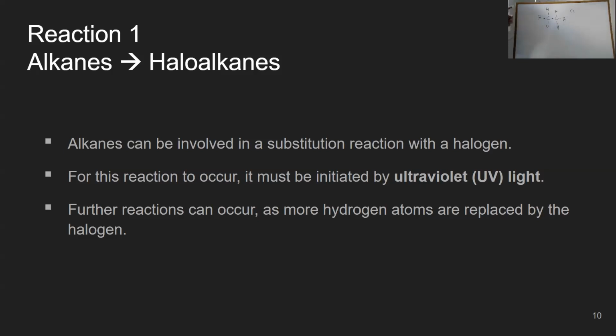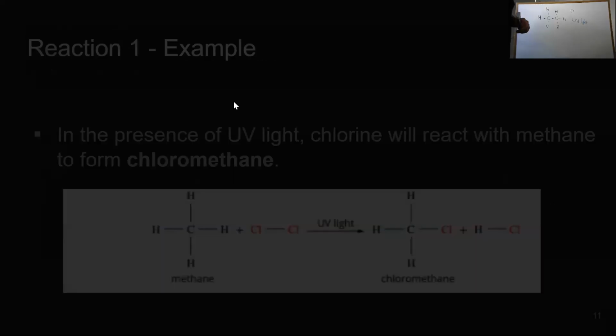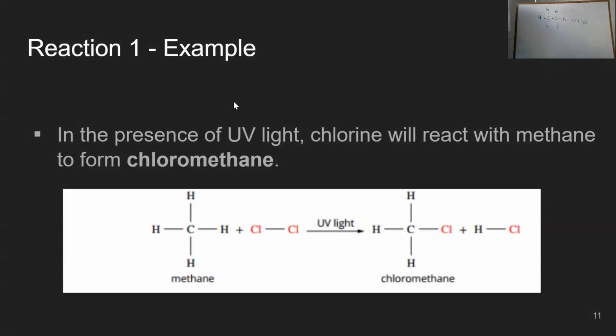So this is what's called a haloalkane. So we're replacing the hydrogen with a halogen. And it has to happen in the presence of UV light. Now, UV light's important because it breaks that bond. The hydrogen flies off and the chlorine sticks on. That's the technical explanation. So you can see that here, methane plus chlorine, or Cl2,